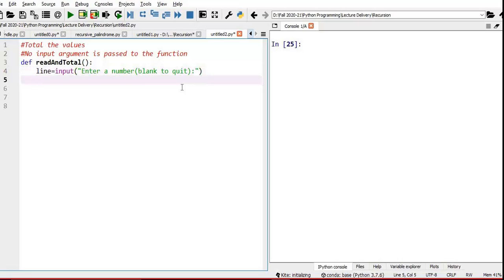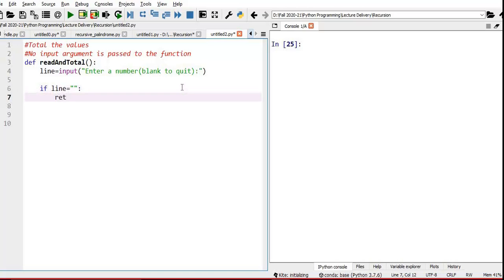Then I'm going for an if-else statement. If this line is an empty string, we know that we have to return 0, because sometimes the user's first input itself can be a blank. So no input is entered, so if you add everything, it has to return 0. That is the reason we have included this if-else condition. If line double equal to empty string, then it has to return 0. Otherwise